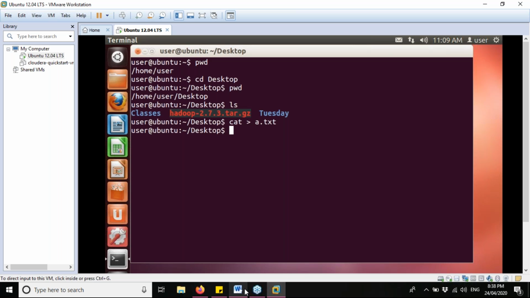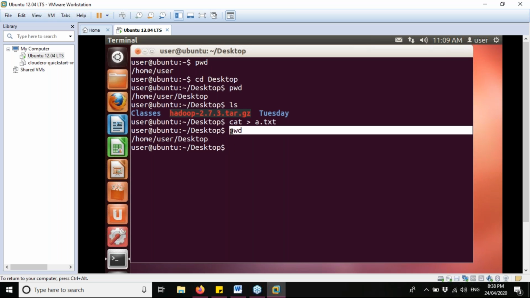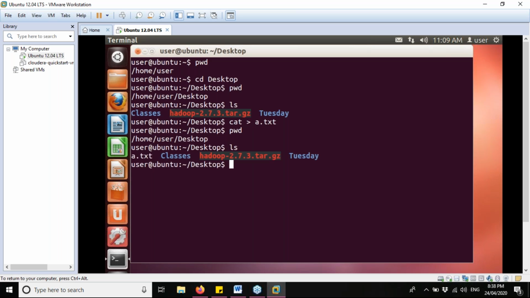Now let us check. We are in desktop now, as we checked with the pwd command. Now let's check if the file has been created or not. What is the command for that? ls, the list command. Enter. Now see, a.txt is very much there. It has been created.